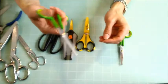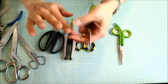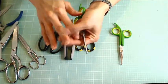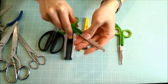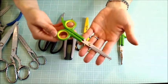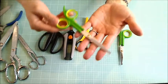Super sharp, really easy to use. Prior to this, I actually had professional grade grooming scissors, and it used to leave dents in my fingers here because of the strain of having to go through the curls of Biscuit's fur. But these are fantastic. I just finished grooming Biscuit. It took me an hour. I do scissor grooming